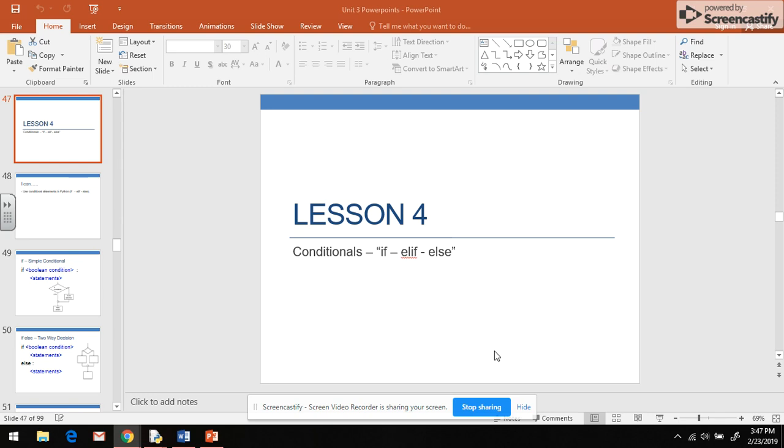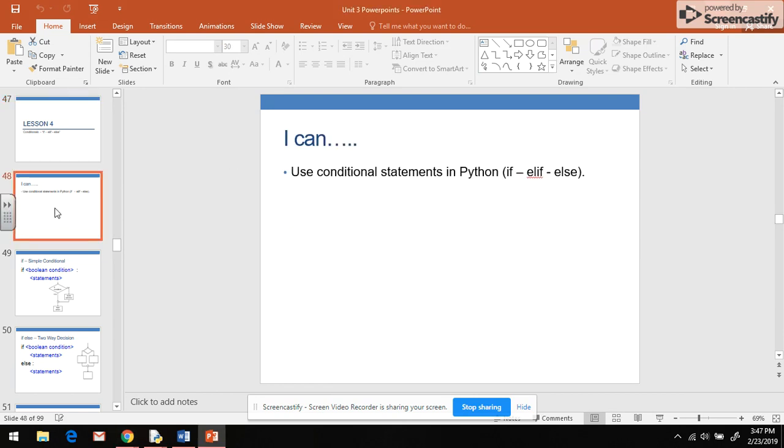So in lesson 4, we are going to look at the third type of conditional, and it's called an if, elif, else statement. And so you'll see how this is useful when you have to make a decision that has maybe more than one or two choices that dictate what type of code your program is going to run. So by the end of today, you'll be able to use conditional statements in Python that utilize the if, elif,